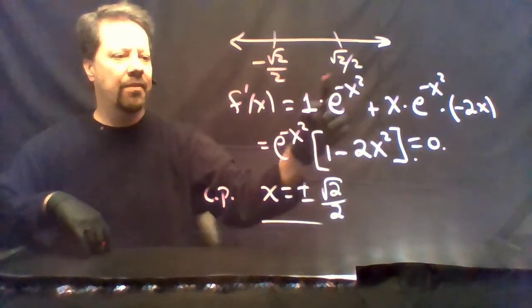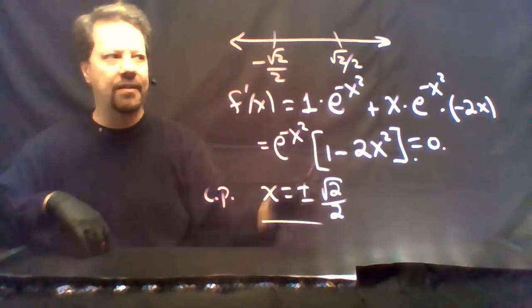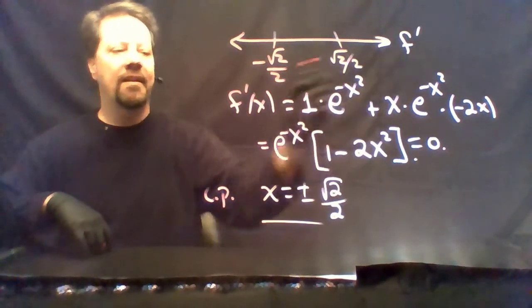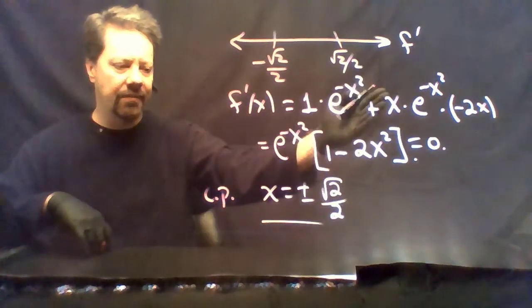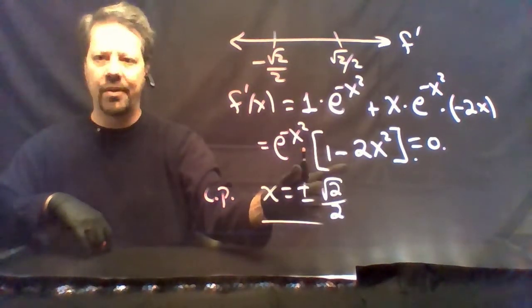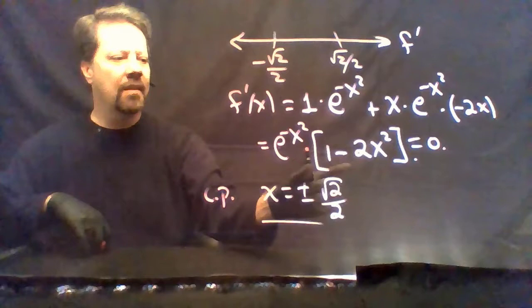And be careful, we have 2 functions floating around. We're interested in the derivative. We want to know increasing or decreasing on each of these intervals. And that's determined by the derivative according to our theorems. So we'll